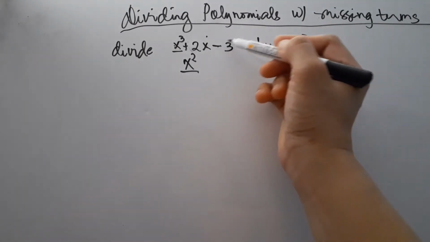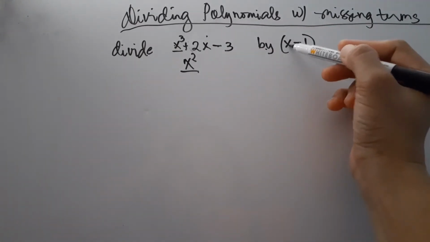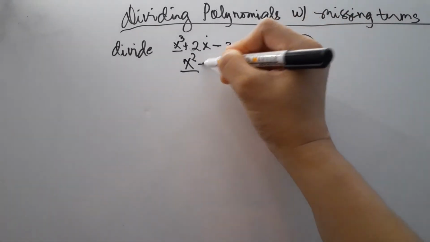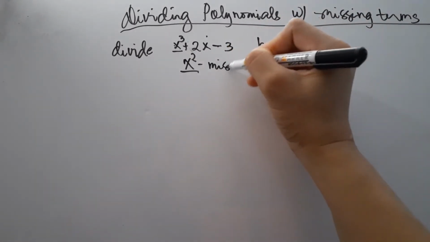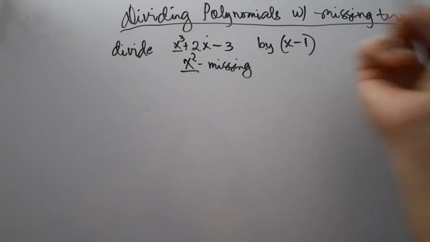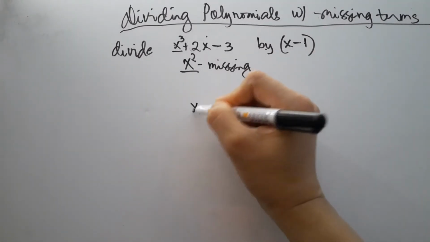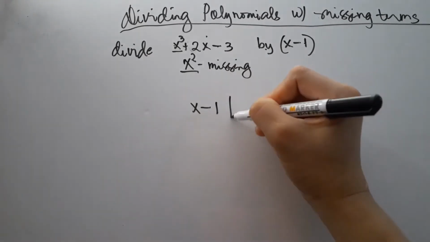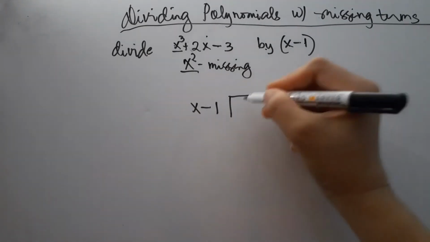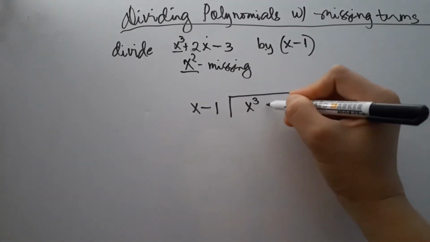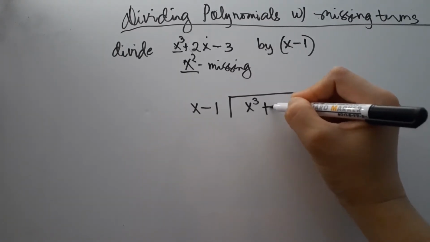So x squared is our missing term. In doing this, we put x negative 1, then x cubed, we put the missing term, which is 0x squared,